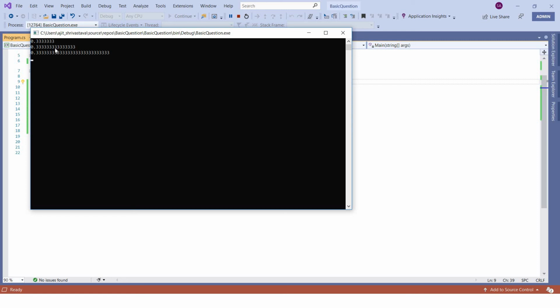So the main idea of this example is that you should choose the variable wisely, whether to use float, double or decimal. Because let's say you are working on an application used in a bank, and you have lakhs of crores of customers, and you start truncating these values.